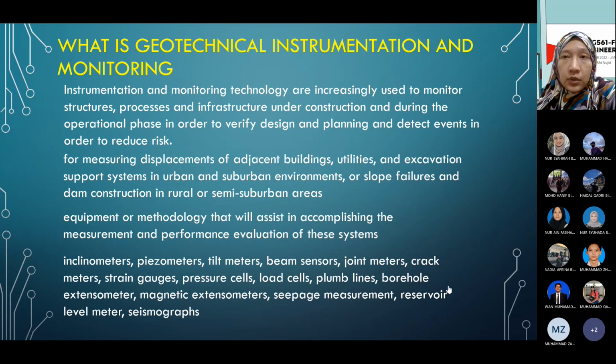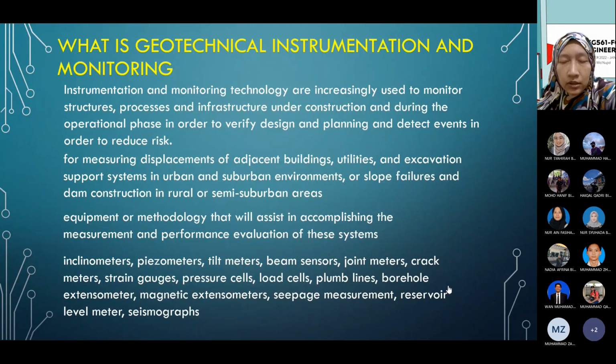Meaning that by having some sort of equipment, methodology or techniques, you can evaluate your design. Is the design safe for the next 5 years, or could the design not sustain for a long period, or long-term stability? So the performance evaluations are also integrated by having some sort of on-site monitoring